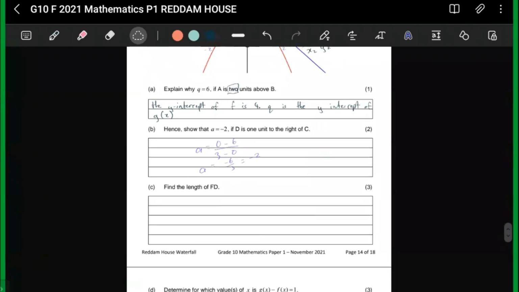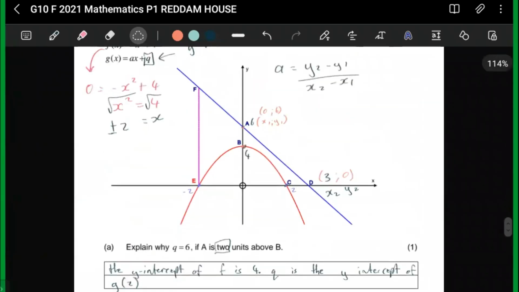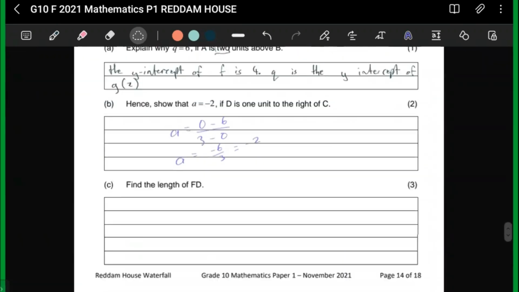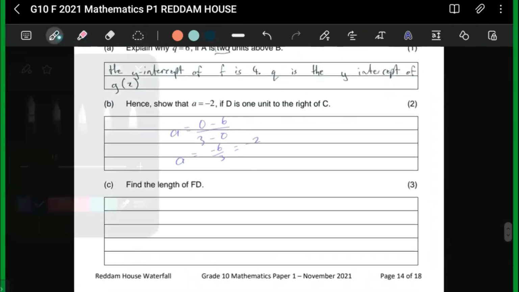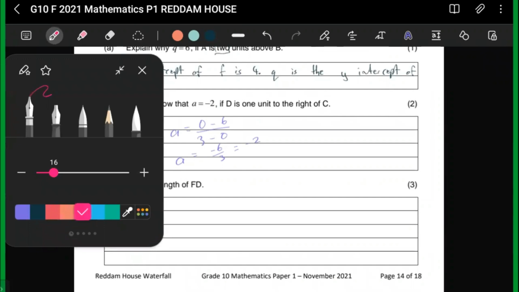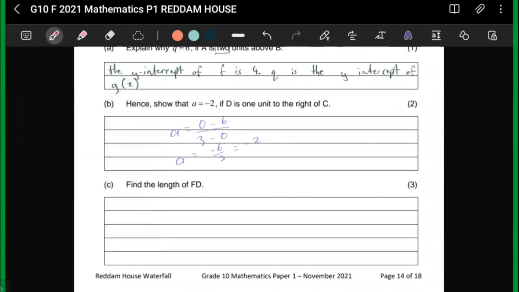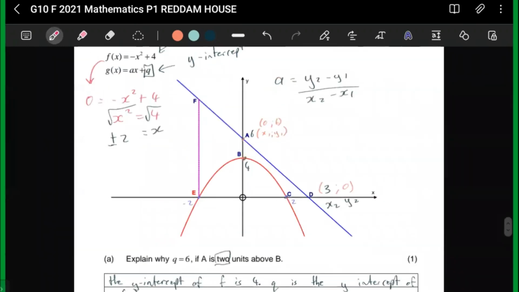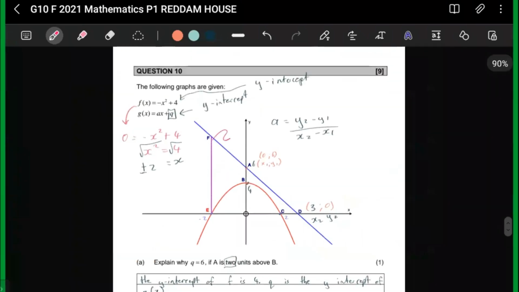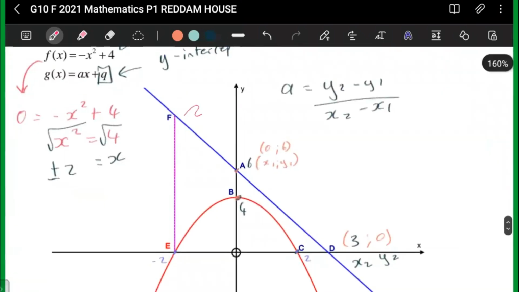Moving on. Now they want us to get the length of FD. Getting the length of FD, this is where your theory or your sketch, you have to make use of your sketch nicely. These kinds of questions, they help you to see that your shapes and your Cartesian plane, they all work together. So if you look at it nicely, where D is and where F is, you can even just use the distance formula to get